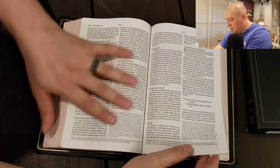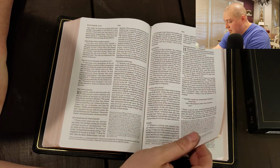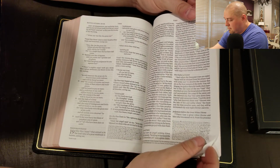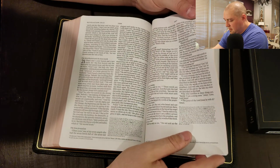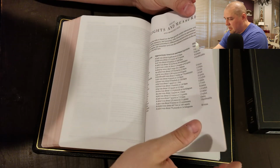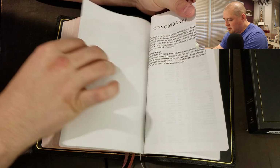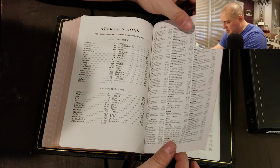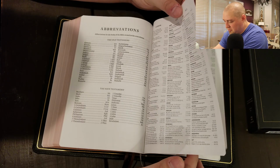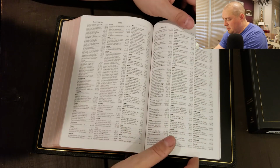You can see here in Matthew, it's a black letter text. All right, when we get to the end of Revelation, you have a weights and measures, and then you have your concordance. The concordance is nice. I have no complaints. It's the same concordance that they've always used. And then you get to